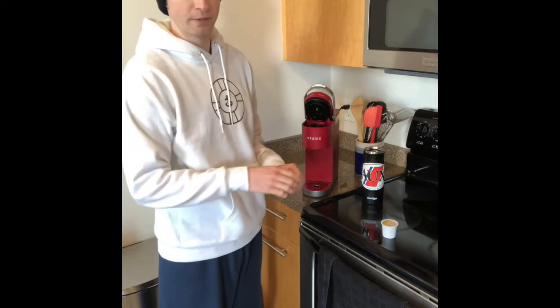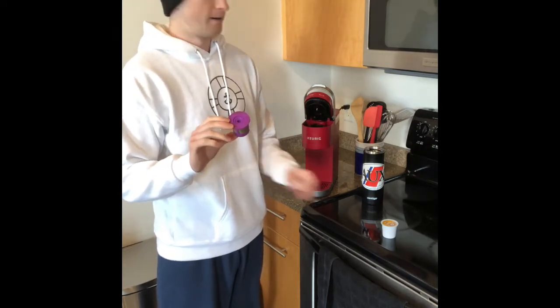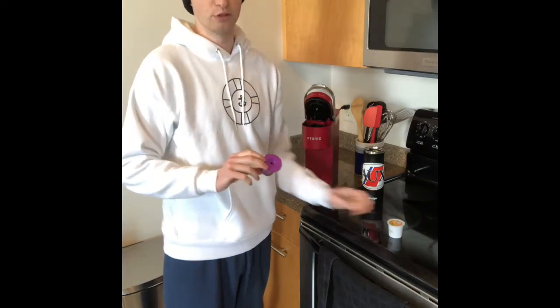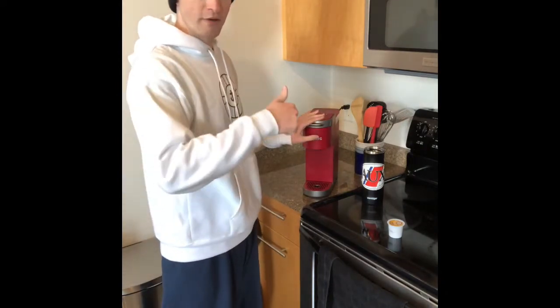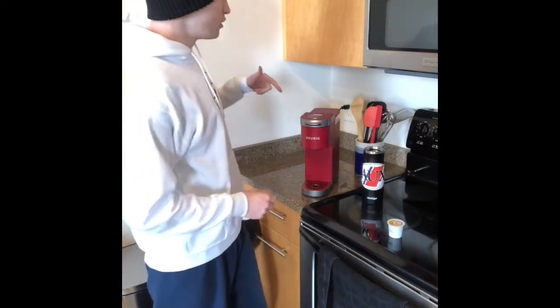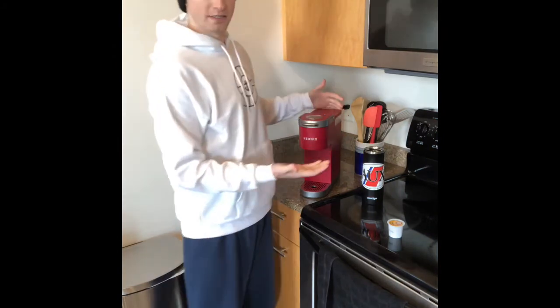Take out the old adapter. This adapter also works for the regular K-cups, the one-time use ones, so you just need to change it out. I'm going to plop that in there. I used my Bodum grinder to grind my coffee beans. Check out that video. And then you have this big silver button on the top,